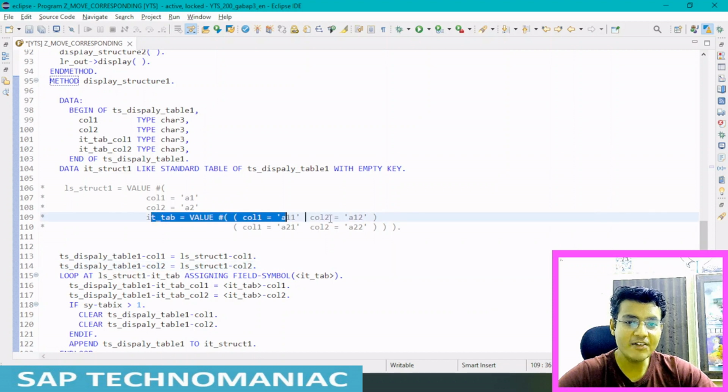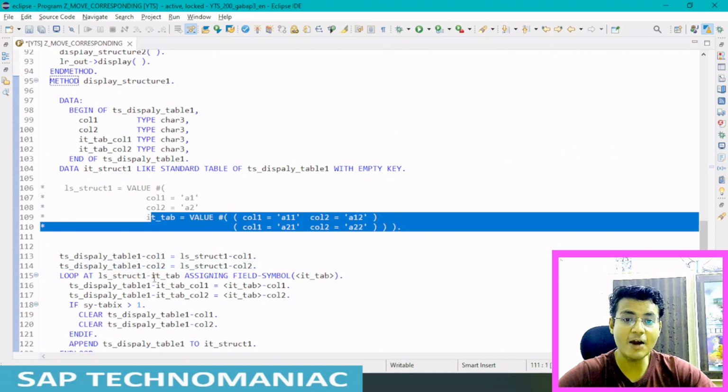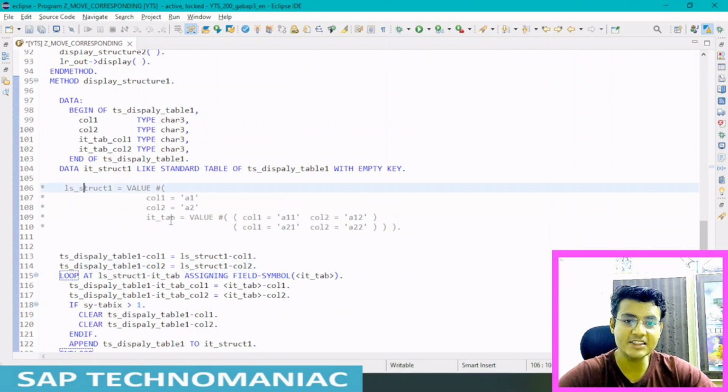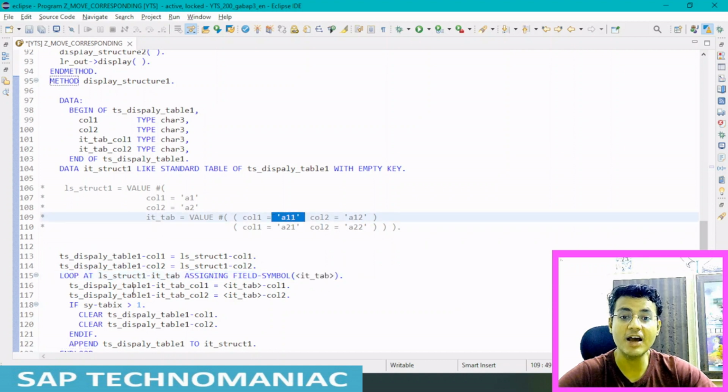Now we have the internal table out of it, so I have to loop through this internal table. I'm looping through IT structure 1 IT tab and assigning to field symbol IT tab, and whatever values I get, the first value I get is A11, which I fill in this column, and the second I get is A12, which I fill in column 2.